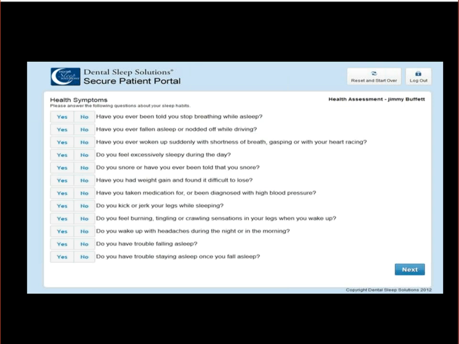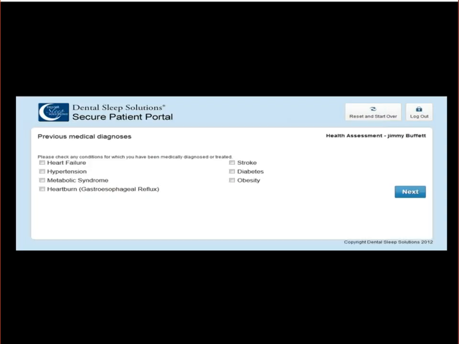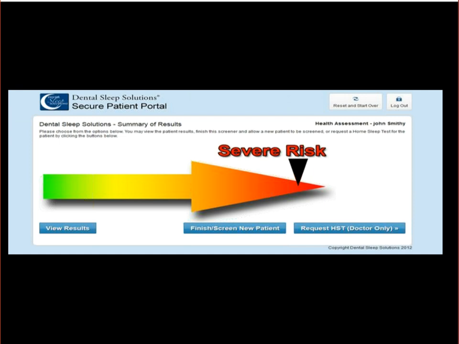There are some other questions from the American Academy of Sleep Medicine's screener forms that they answer yes or no to. And again, it's really not about the form. I like this digital format mostly after we get through the last page, which is comorbidities, when you'll understand where these fit in a little bit more in a moment. My favorite part about this digital screener over paper is the patient has a computer basically in their hand that says, oh, I'm at severe risk, and we intentionally